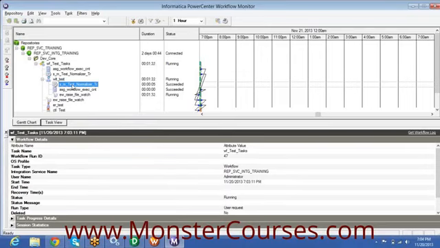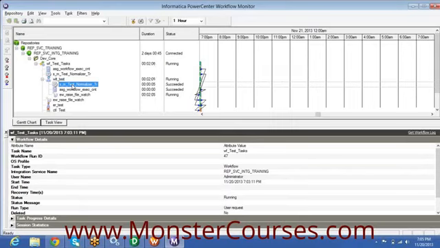The other way is you need to use the command prompt. In Informatica there is a PMCMD command. Using the PMCMD command, you can start this particular session. You need to pass the folder name, workflow name, and worklet name, and within that worklet, which task you want to execute. I will show you that later in the last class. It will directly execute that particular task alone within the worklet.